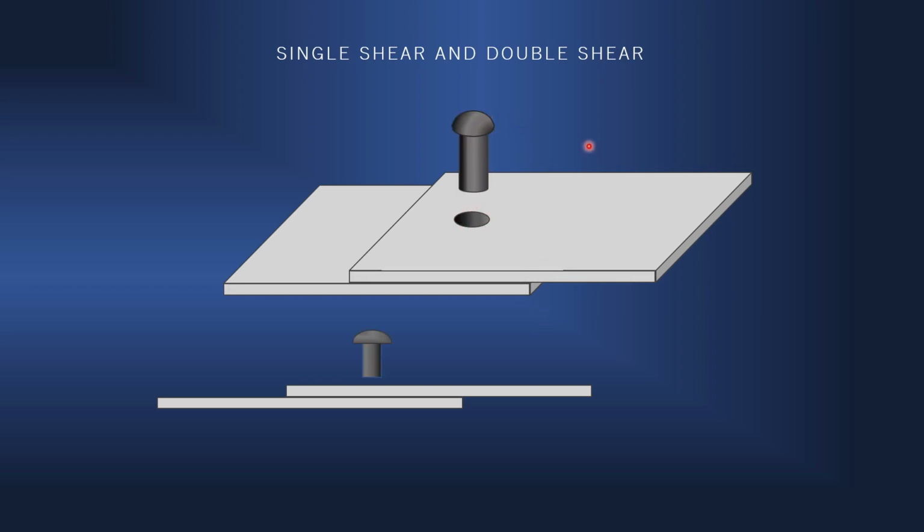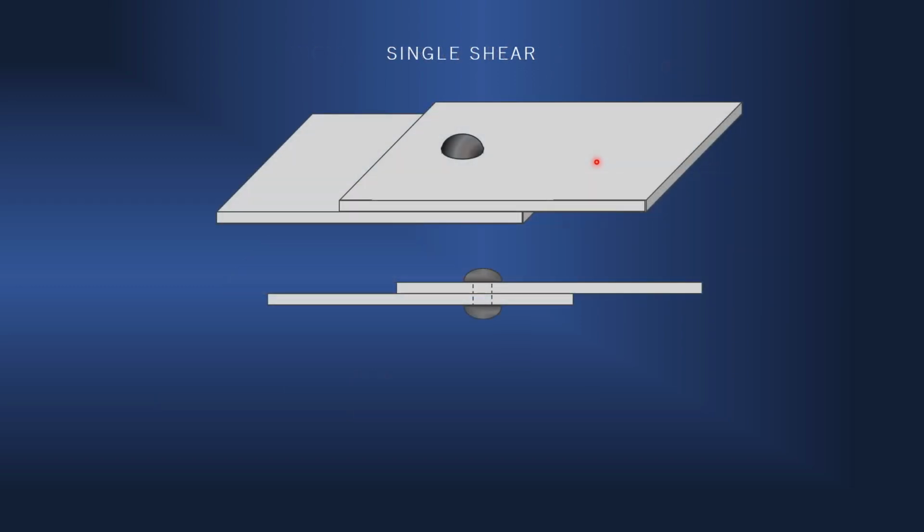Now I am inserting a rivet in these two plates. So this end is then pressed to get that firm joint. So this is called a riveted joint. Right now in this diagram I have shown the joint with a single rivet because I want to explain to you the terms single shear and double shear. So this is that riveted joint.